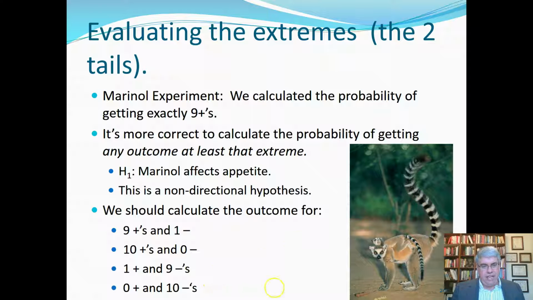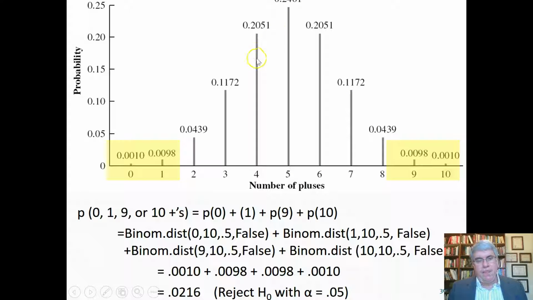So we should calculate the outcome for 9 pluses and 10 pluses as just extreme, but 9 pluses is just as extreme as 9 minuses, so we should calculate for 1 plus, and we should also calculate it for 0 pluses, because that's like getting 10 minuses. So we want to calculate the areas underneath the two tails to find out the probability of getting something at least that extreme. So here we've got the binomial distribution with all the different probabilities. We've got going from 0 to 10, and we can see that the ones in the middle are the most common. And we saw that there's only a 0.0098 chance of getting exactly 9